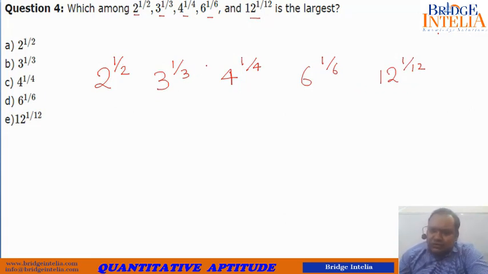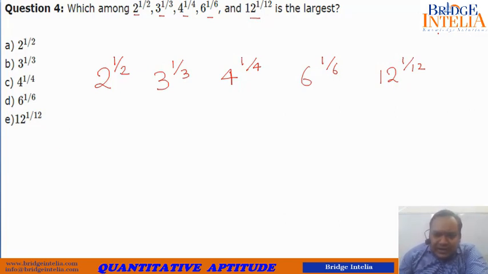So what can you do? If you notice something, all the powers are fractional. They have been given for a purpose, so that you can get rid of this fractional power. How can you get rid of the fractional power? Let us see. If you get rid of this fractional power, then this actually becomes easier. How does that happen? Let us understand.